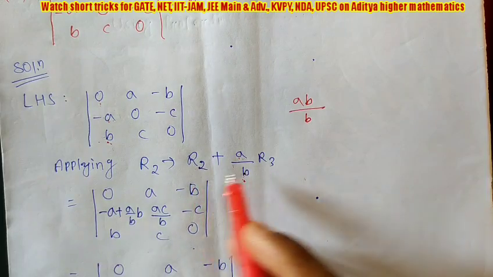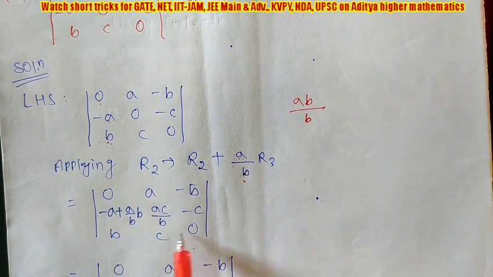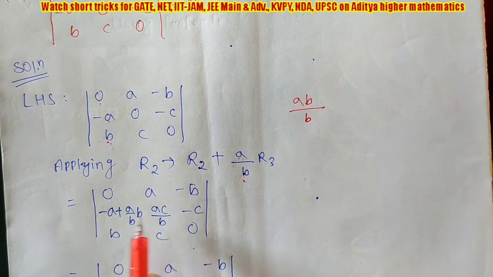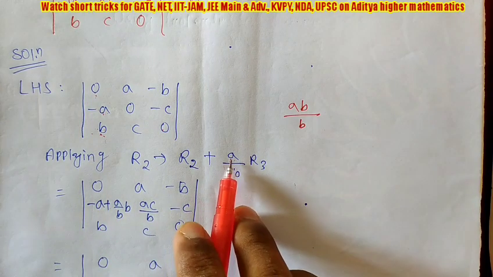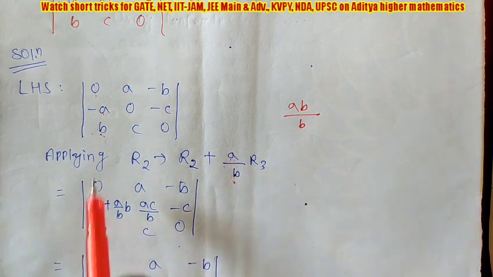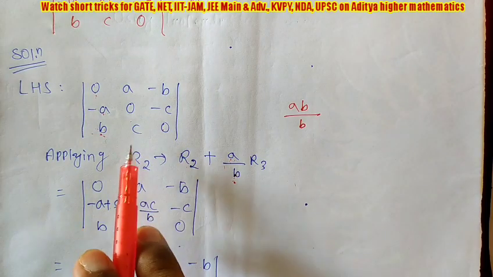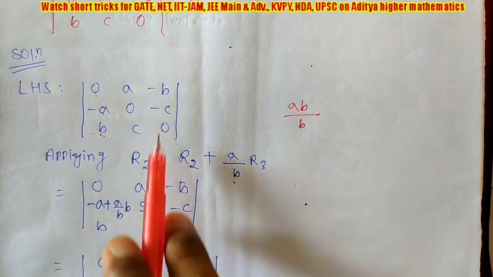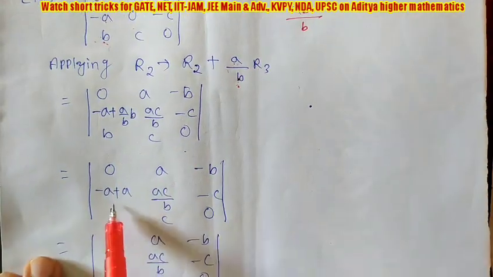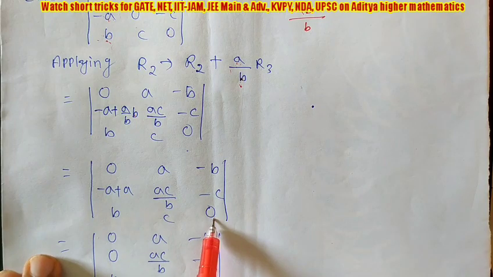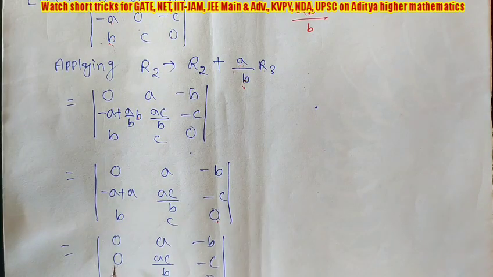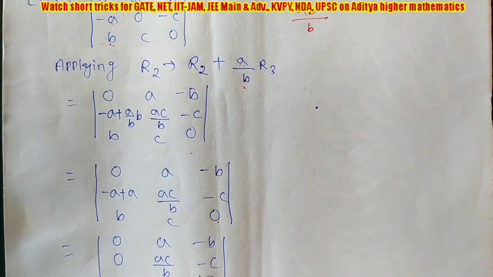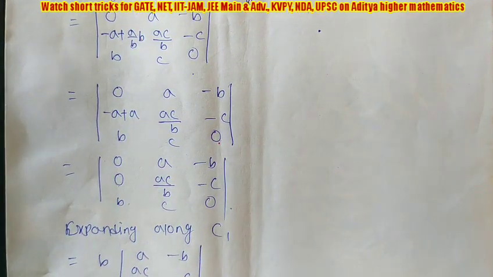So now you apply this in that R2. So R1, R3 you can see we are keeping same. We are changing only R2. So minus A plus, what we have to do, A by B multiplication R3. R3 element is B. Next 0 plus AC by B, and minus C plus 0 is minus C. So what it is coming? First row, third row, nothing change. And here you can see minus A, B B cancel plus A, because we are making 0, so obviously we will get 0. Understood? Next A, AC by B, minus minus C. Now you can see we got 2 zeros in a column.